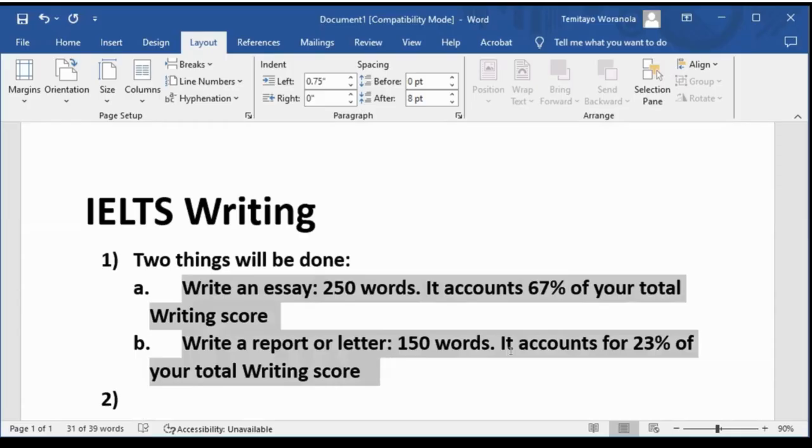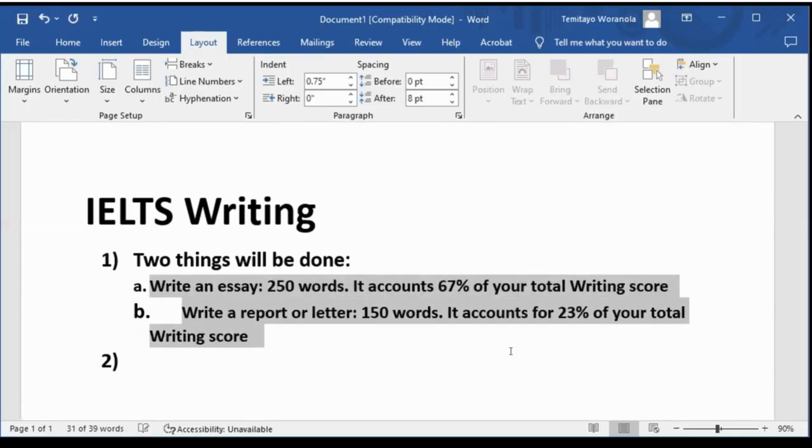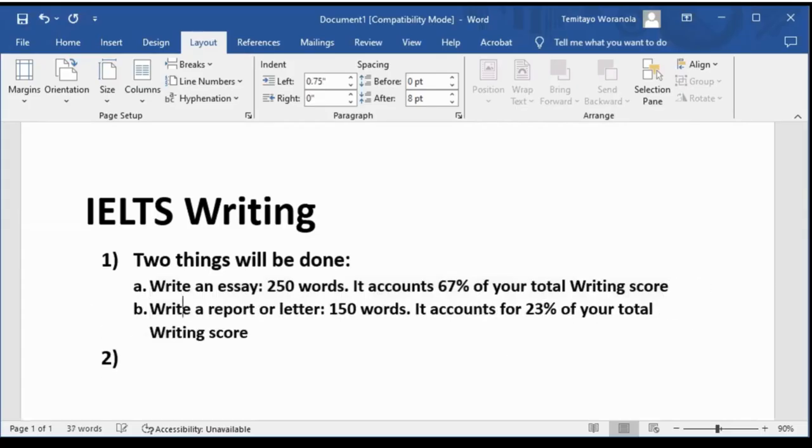And what I'm going to be focusing on in this lesson is how to write qualitative essays. I'm going to show you the step-by-step process for writing a top quality essay. And if you follow these steps, I guarantee you that you will be able to get a good score, a score that is not less than band 7.0 in your writing. So essays, that's the number one thing that you need to master.